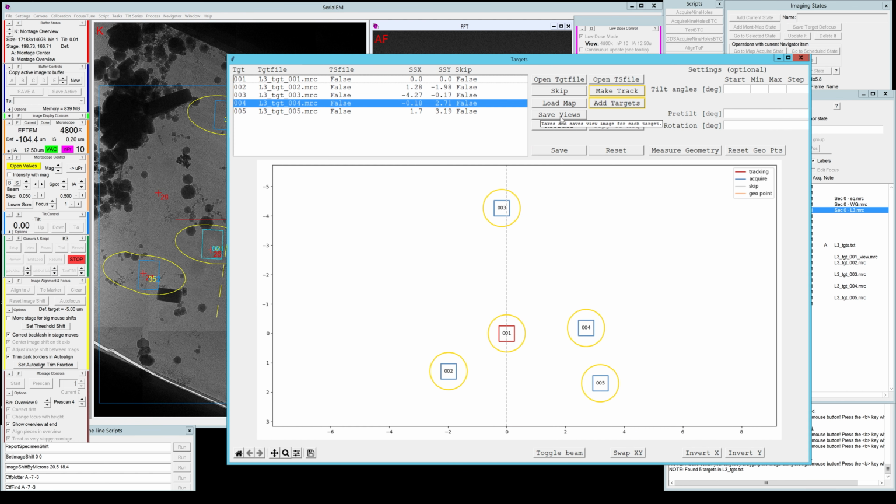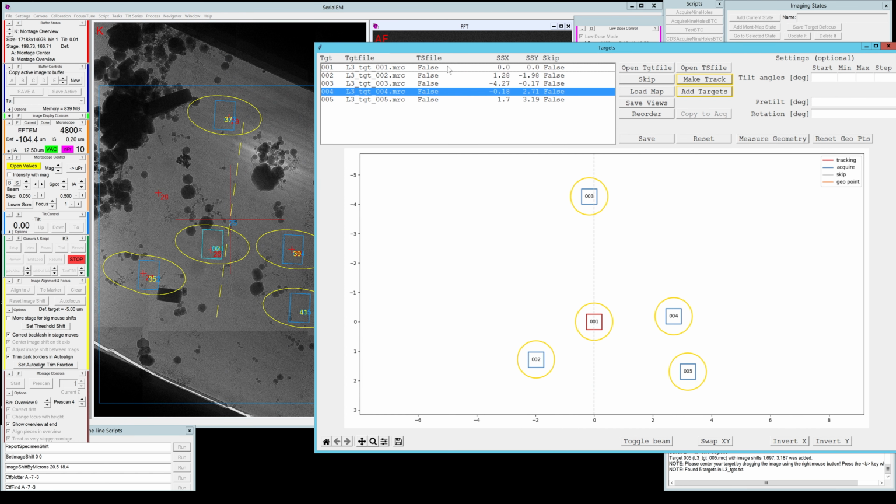Another function is save views. I'm actually going to do that. So what it does is it goes to every target and takes a view image, saves it, but also saves it with the overlay you can see here. So once you have your tomogram, you can go back after reconstructing and see maybe the bigger surroundings to get an idea of the context of your tomogram. This is something that can be quite useful, but what might be even more exciting is once you do this,